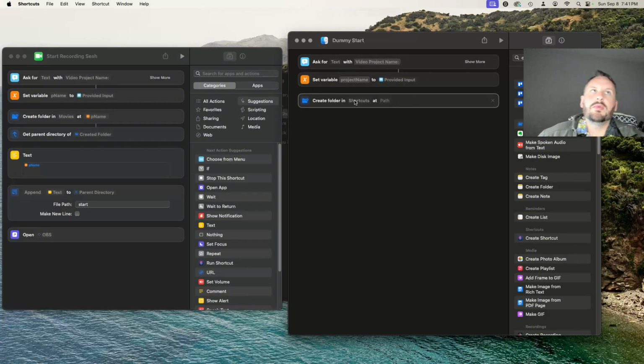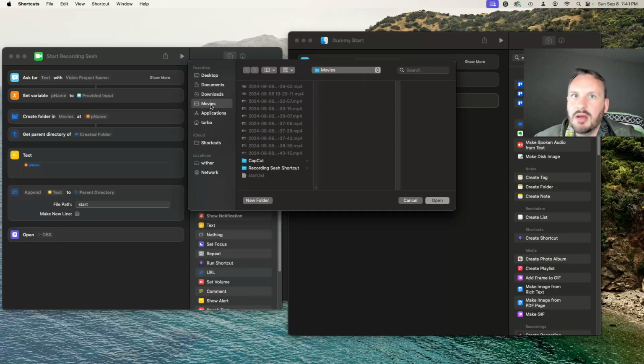So for me, I use OBS to record my videos, and it lets you set the output path for the files that you record. Now, I'm saving those to my movies directory because that's just what it defaulted to. So for me, I'm going to put movies. But if you save your video clips to a different file, you're going to want to go open up your